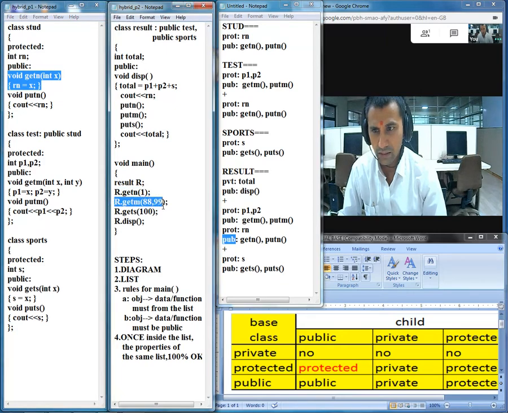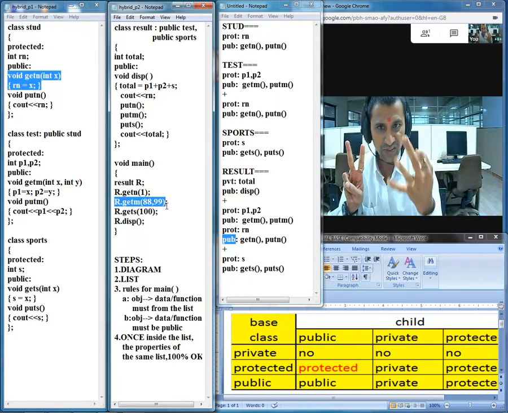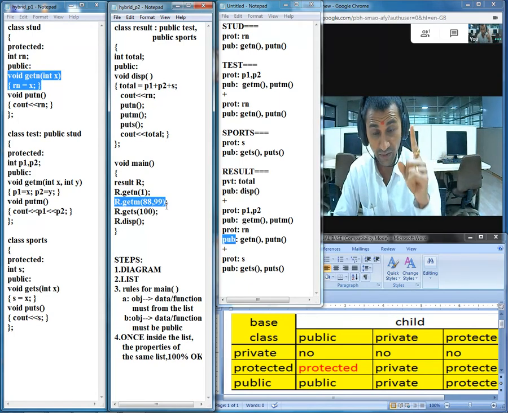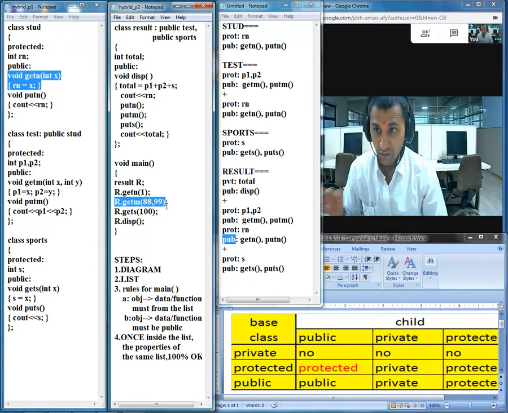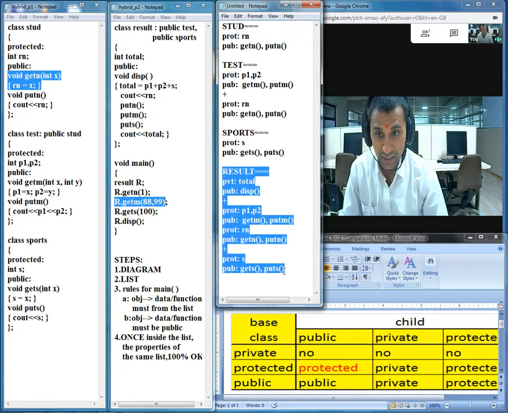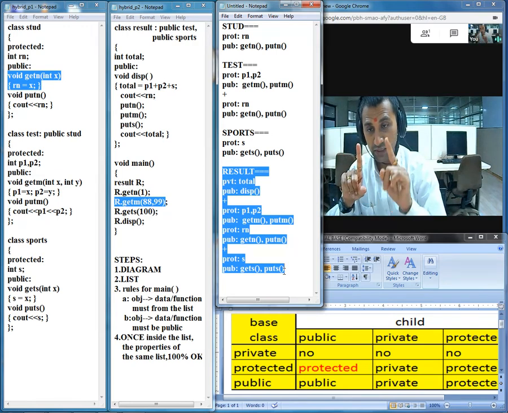Now is the turn of the second statement, get m. Same practice. Rule number 3a, first rule: find the function from the same list. That means R is an object of class Result, and we are supposed to check the same list. Can you spot the function get m?